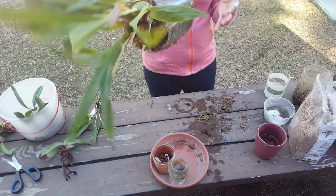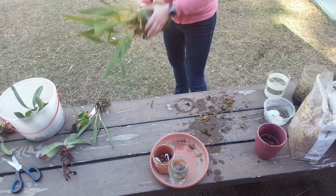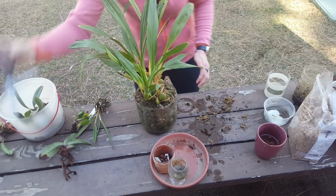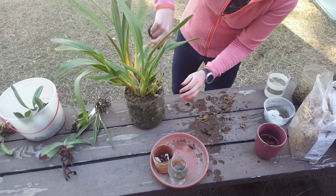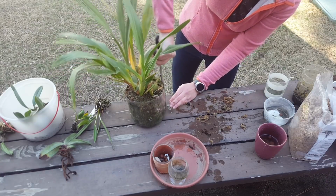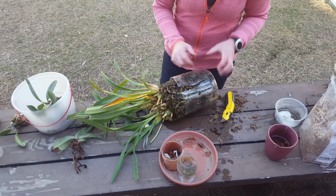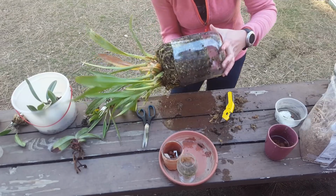This one I repotted, I think, like a year ago. And it was root bound, and here I am trying to maybe jiggle it out, but that's not happening. I try to push it to loosen the roots, but it's not happening. So I have to resort to cutting it open and freeing it that way. And those scissors weren't working, so I had to cut it open. I'm going to pry and pull it and